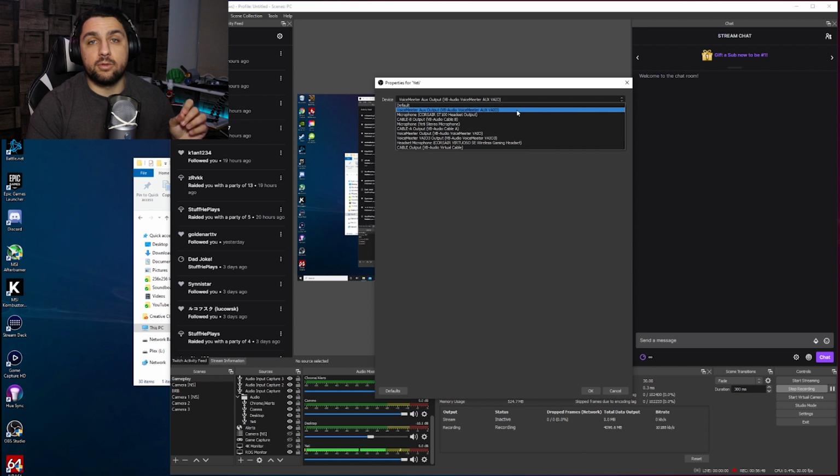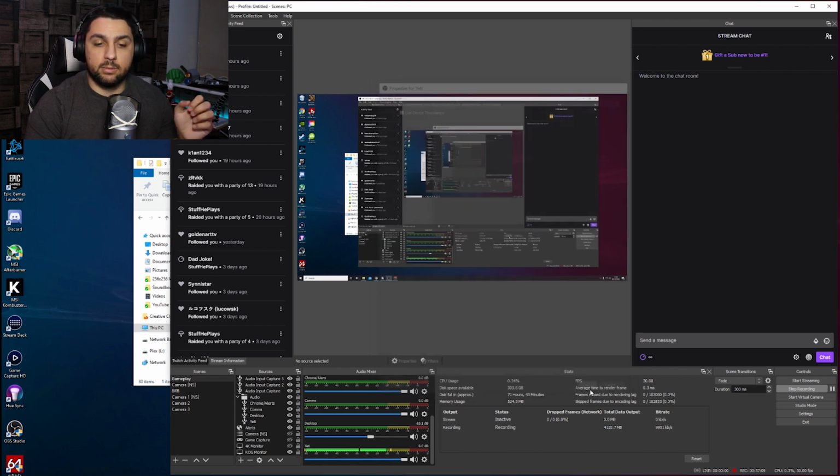And for this one, we're going to end up selecting Voicemeeter aux output. Okay, now it's very important that you select aux output here. This is what's going to allow us to be able to mute ourselves separately from our teammates on voice chat, and so the stream is still able to hear us. So if we do that, and then if we click on OK,